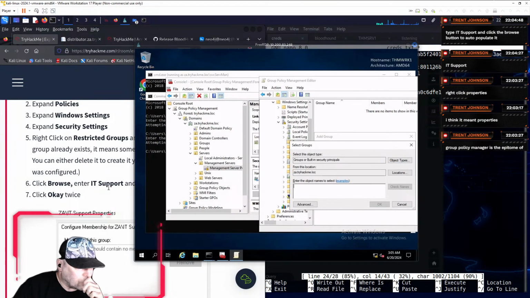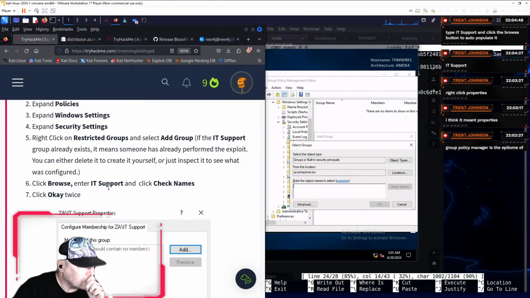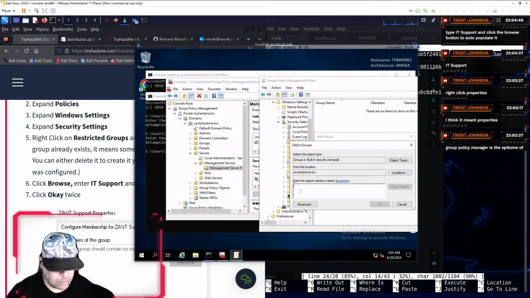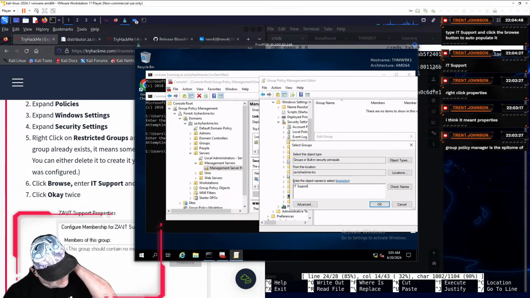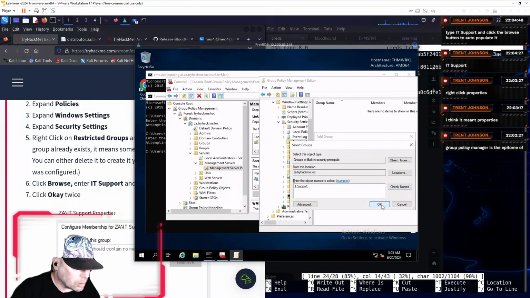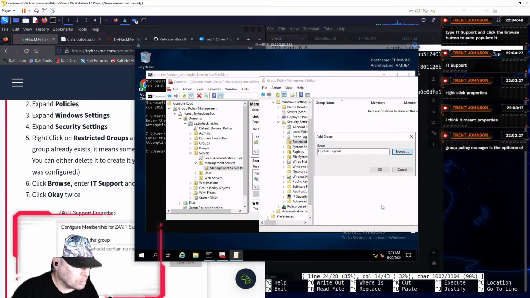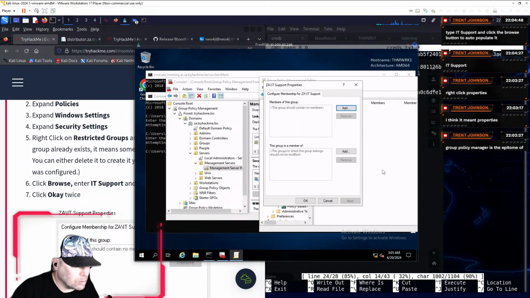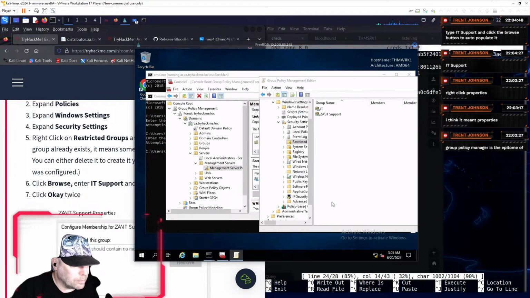Enter IT support. And click check names. Click OK twice. Oh God.